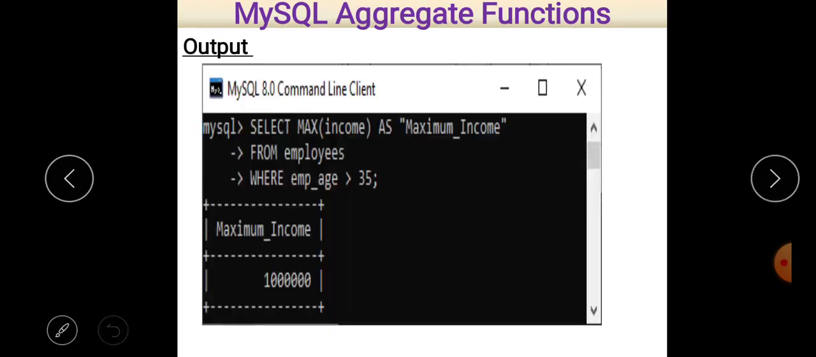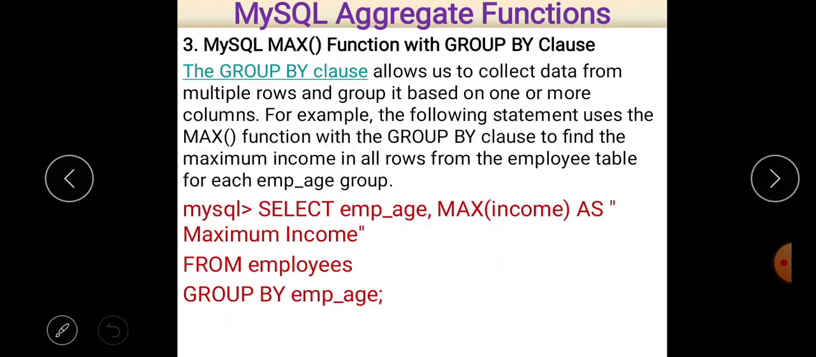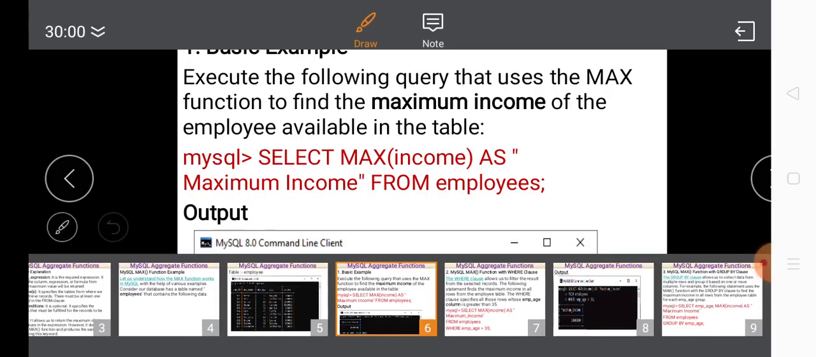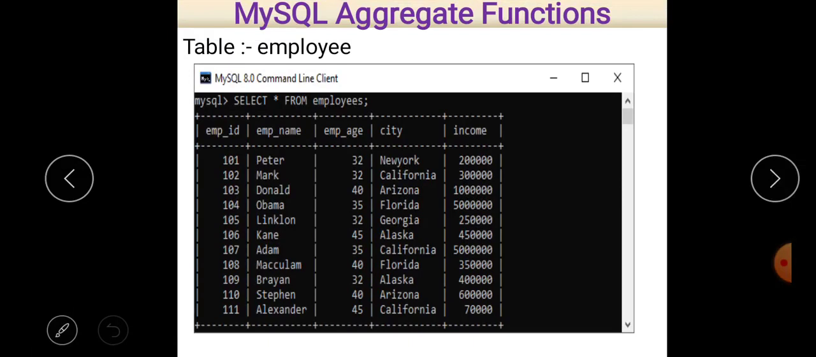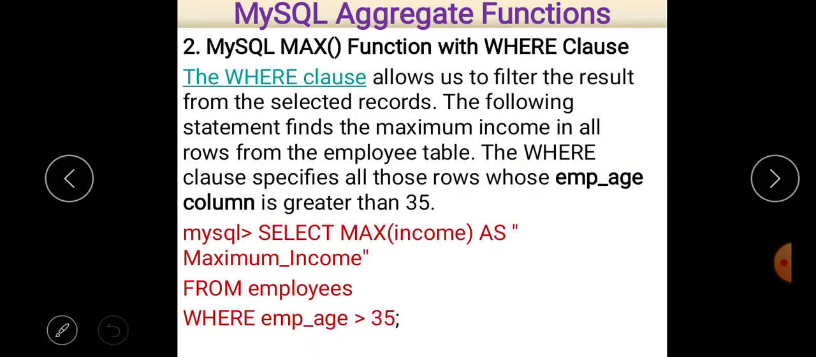That is the output. You can see here that where age is 35, the output is 1 lakh. So basically this is our original data, and in this case you can easily see the ages, and the record will be found where age is greater than 35. So only in those cases, the maximum income will be found out where age is greater than 35, and in this case it is